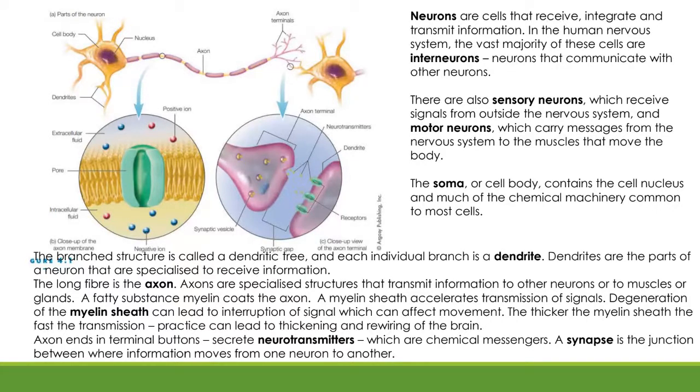And right at the right-hand side, at the end of that axon, are what's called axon terminals, or they can be called terminal buttons. They have a number of different names. And from those little buttons, there are little sacs which contain neurotransmitters, which are little chemical messengers. They're the messengers that move from one neuron to the next neuron. So once the signal reaches the end in the axon terminals, the neurotransmitters are released, and they go across a little junction called a synapse, and that's where information moves from one neuron to another.